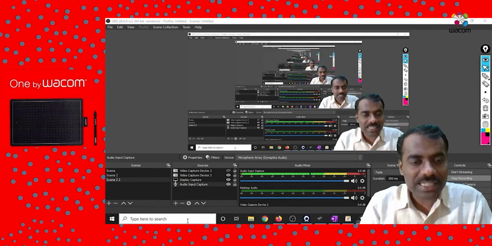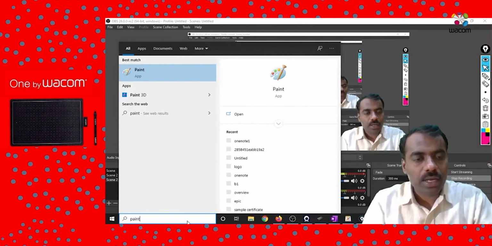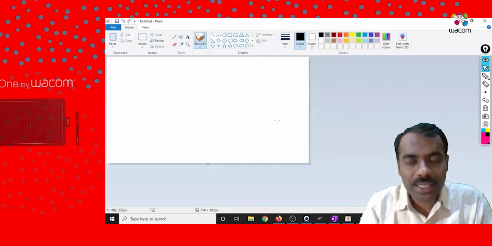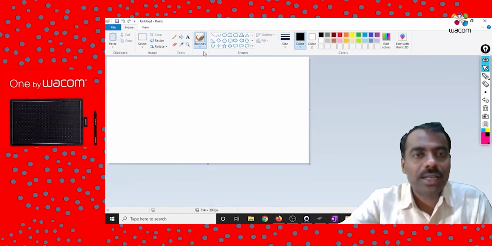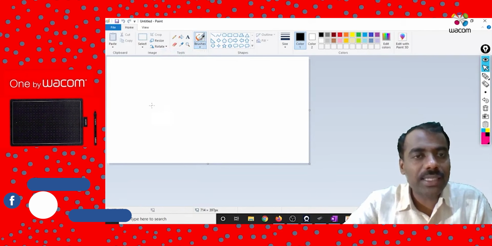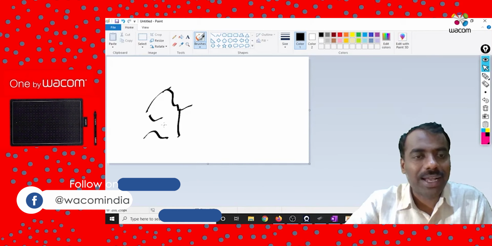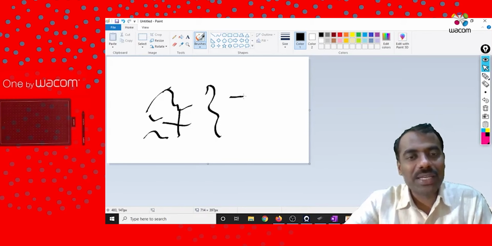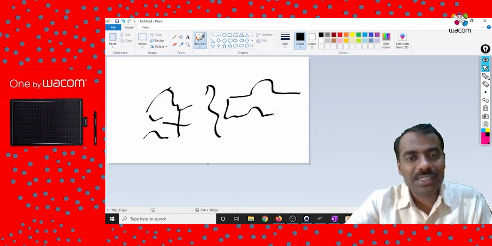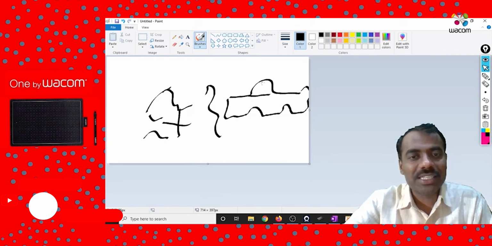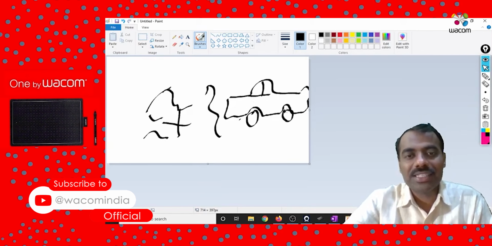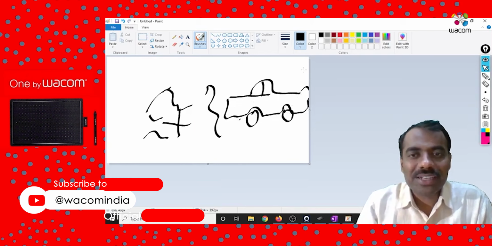For example, you go to Paint, whoever are artists, then for them it is very good. They can take anything and start drawing. I am not a good drawer, but if you ask me, I'll just draw some car. That is the easiest one which I can draw, even though it is not so good.